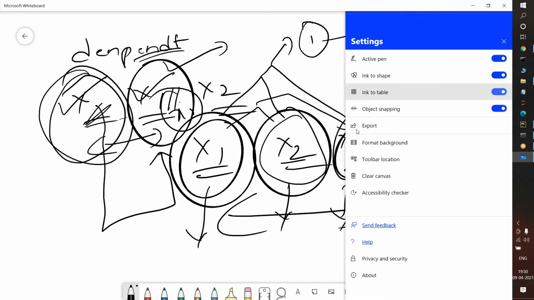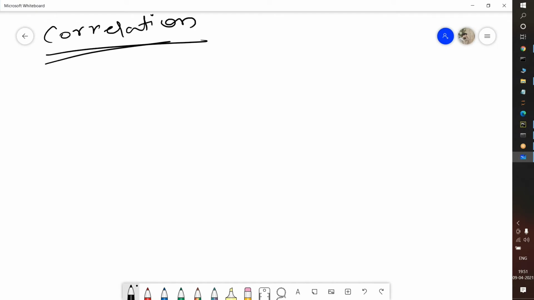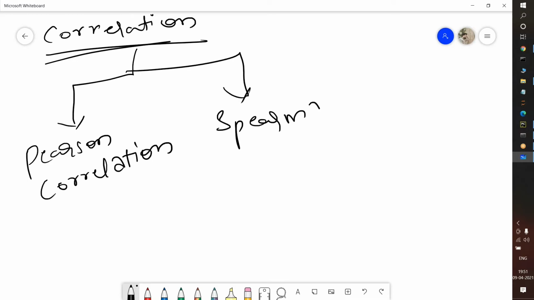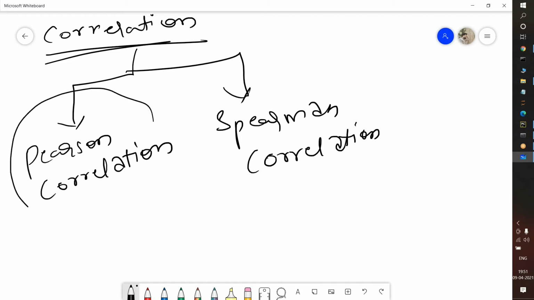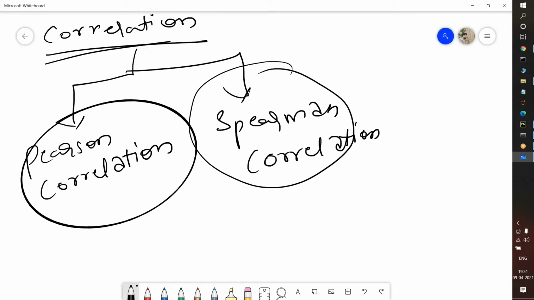We need to understand one thing: how we can find out the correlation, and with what value we can find out the correlation. I will tell you about the correlation. First of all, we can find the correlation with the help of 2 techniques. There are 2 types of correlations here: Pearson correlation and Spearman correlation. With the help of these, we will find out the correlation. We will discuss it completely when we discuss the statistics concept, including the formula behind the Pearson correlation and Spearman correlation, everything.